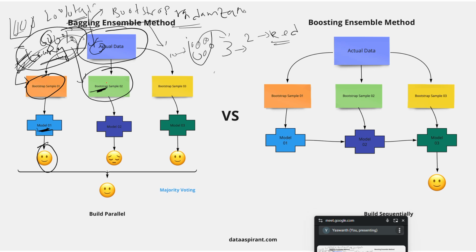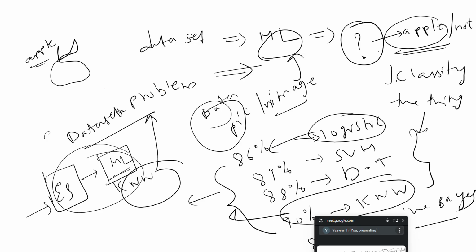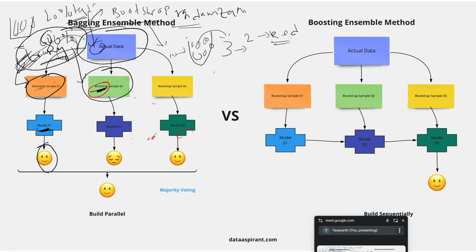Here you can see bootstrap. It is very clearly mentioned: bootstrap samples, so that means some data set. This is also bootstrap. This is bootstrap sample one, and we will take one more bootstrap sample. Three different bootstrap samples are given to three different models, and we will get three different sets of outputs, and